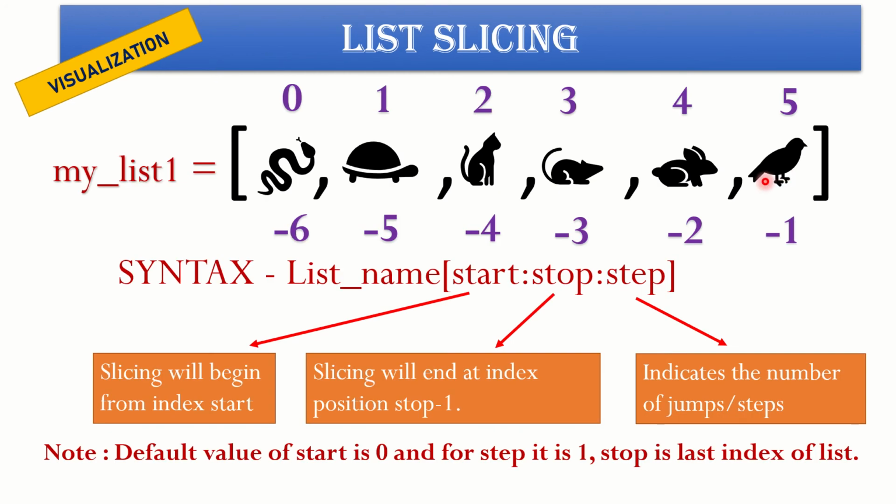Now, let us see how we can do list slicing. In order to perform list slicing, we need to have three variables: start, stop, and step. Start is the position from where the list index slicing will start. Stop is the position at which the slicing will end, and the slicing stops at stop -1 position. So it goes till stop but does not include the stop position, and step indicates the number of jumps. As in the range function, the default value of start is 0. For step it is 1 and stop means the last index of the list